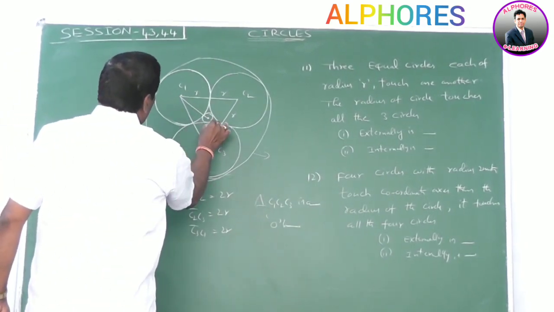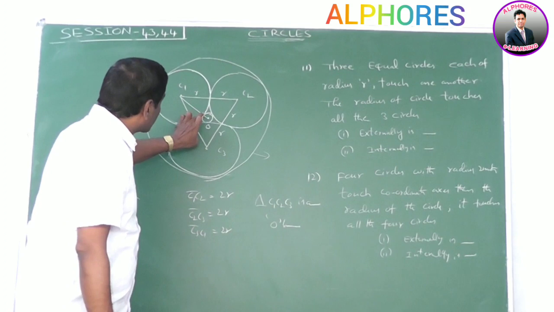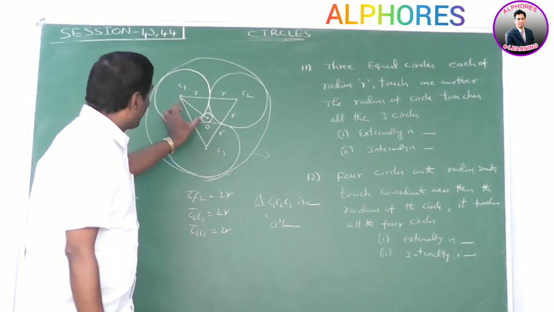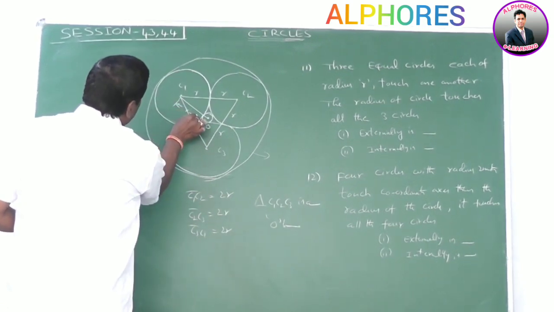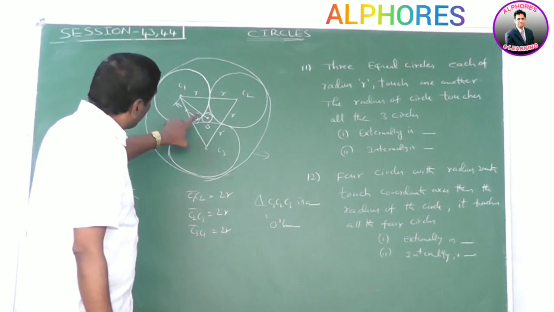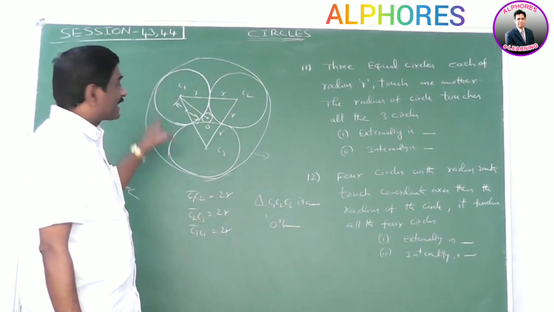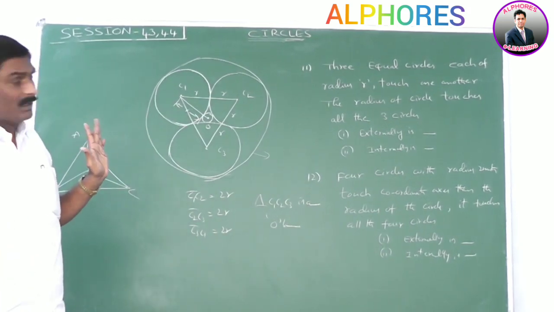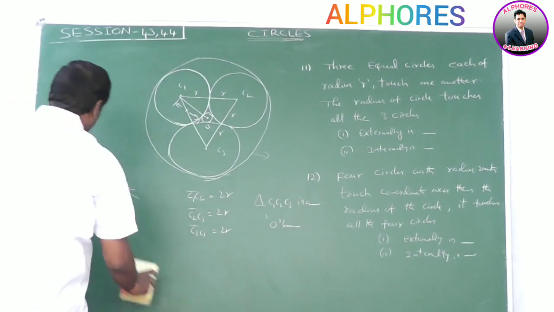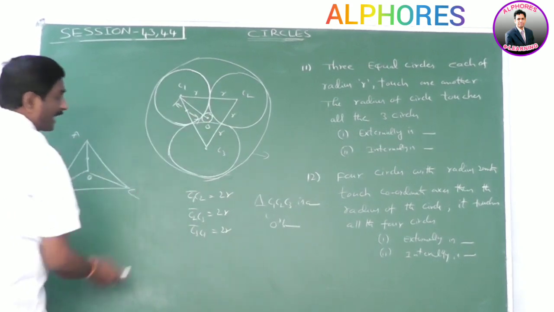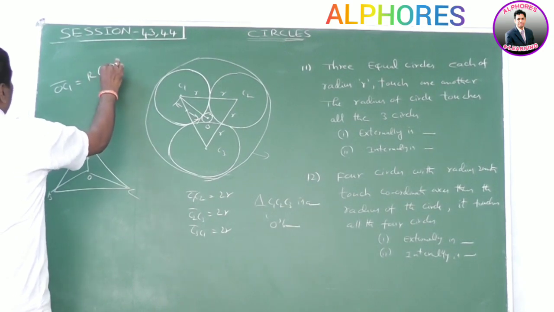Suppose we find the value of OC1, then what is the radius of this circle which touches externally? The radius of this circle is nothing but OC1 minus this value. This value is the radius r. Okay. OC1 minus r means the radius of the circle which touches the three circles externally. Okay. Please note this point. This can be taken as O. Now OC1 is nothing but the circumradius of triangle C1C2C3. OC1 is equal to capital R, that is the circumradius of triangle